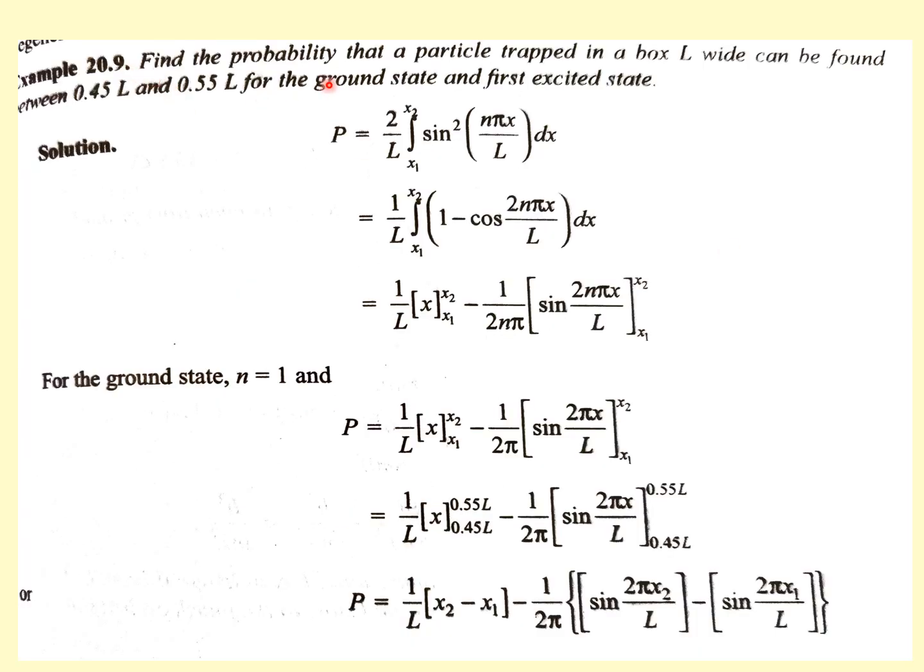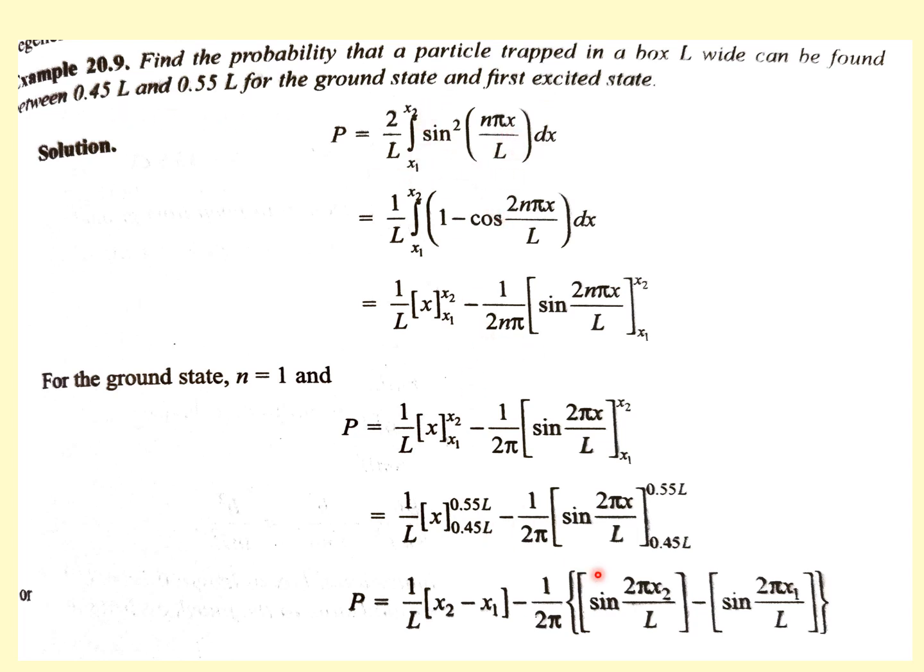This is an example to get the probability for a particle inside a box of length L between 0.45L and 0.55L. So we have two limits. What is the probability of finding this particle inside the box? We put the limit, and the probability is under root 2 by L into under root 2 by L. It will give 2 by L and sine square n pi x by L, and the limit will be 0.45 to